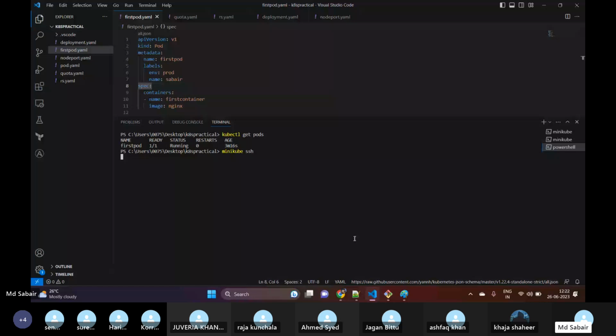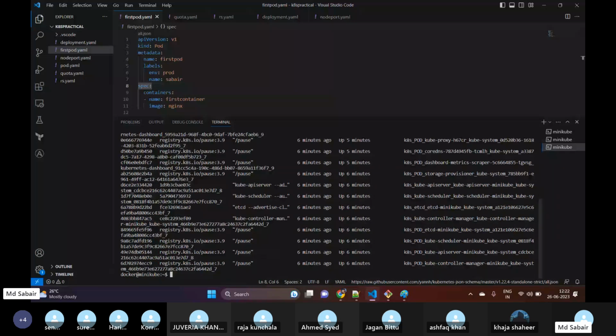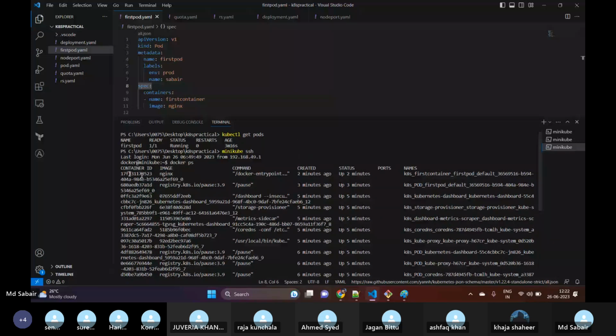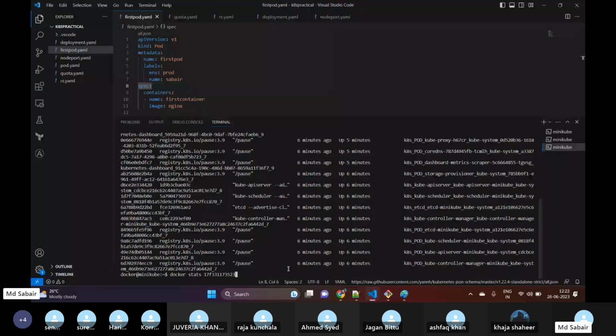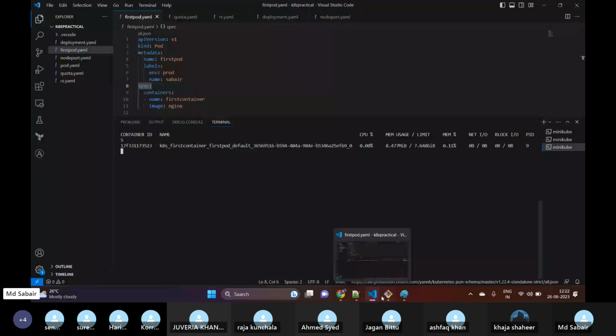Docker PS. Yeah, one container is running with Nginx from the last 2 minutes. But Docker stats, the container ID. Let me copy this container ID as well. Okay. Got it. Here,